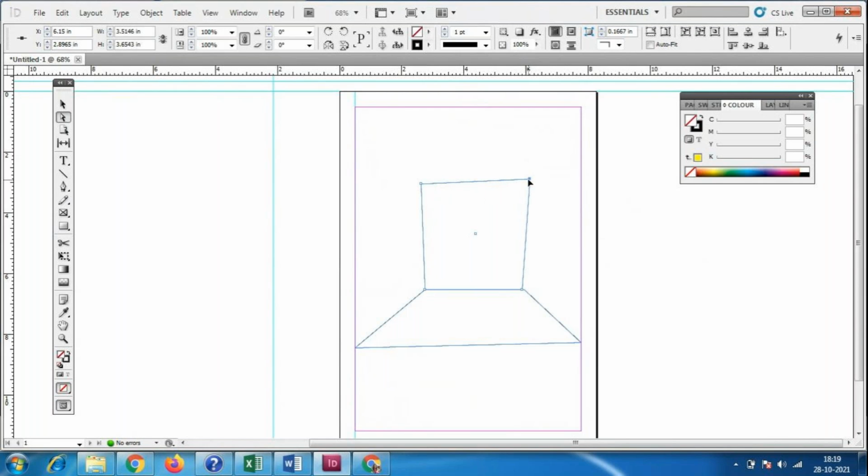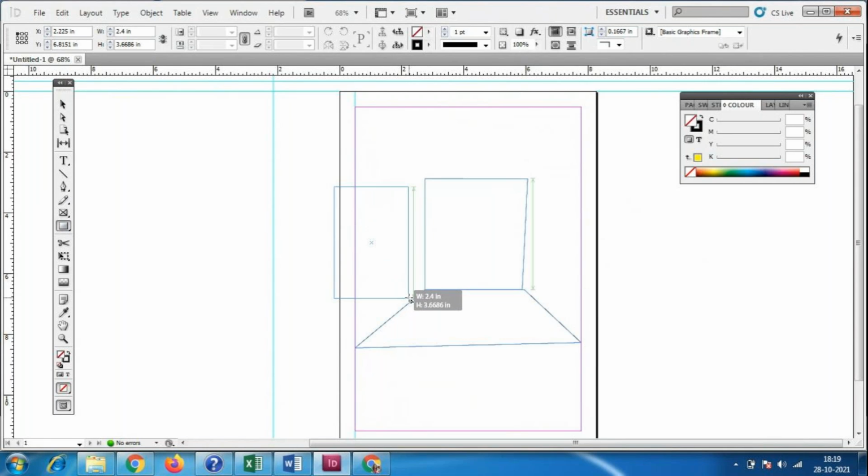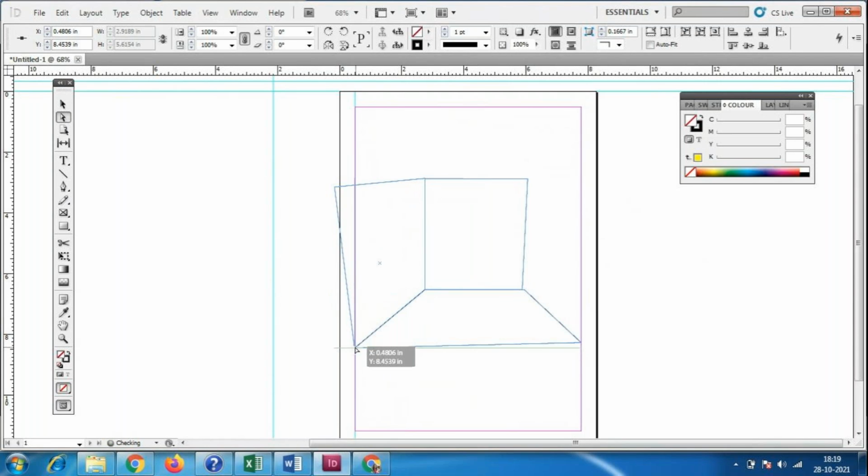To make 3D shapes from 2D, that is when we have to use these points. Otherwise we can use the line tool also, but the problem is that if I use the line tool, we cannot fill the color. When filling color, the object should always be closed from all directions, only then can we fill the color. If I use only lines, it does not take the complete color, so what I'm doing is I have taken this box like this.